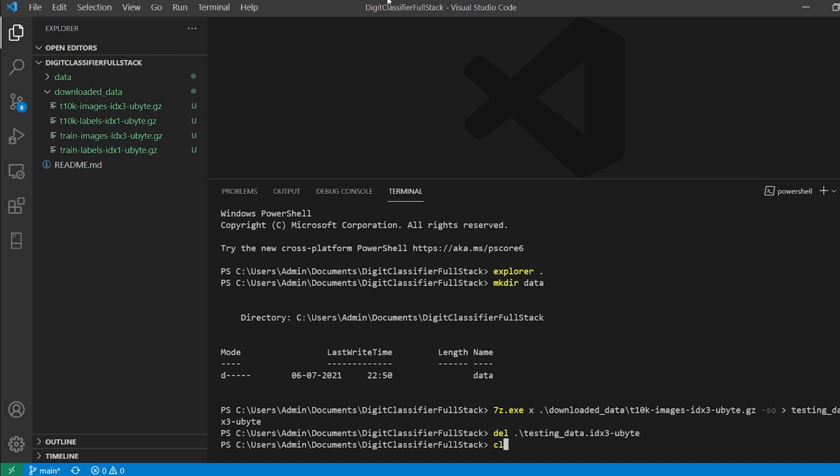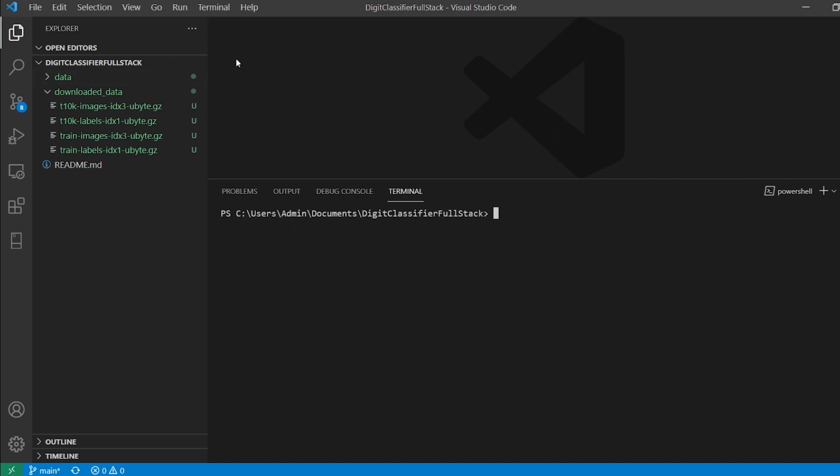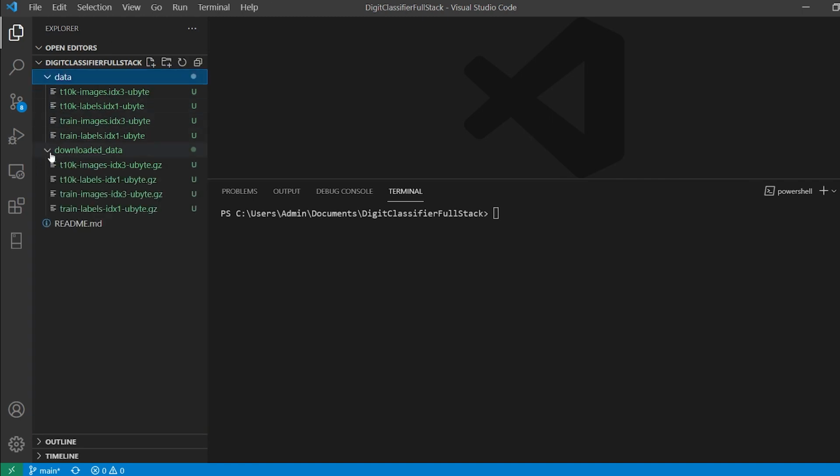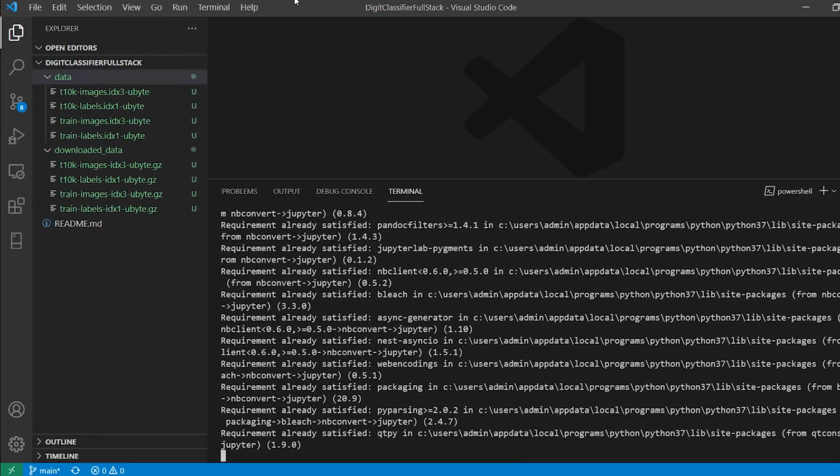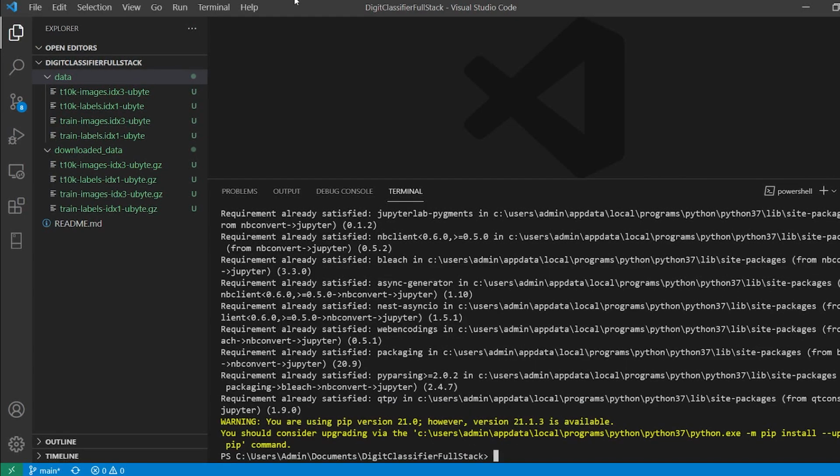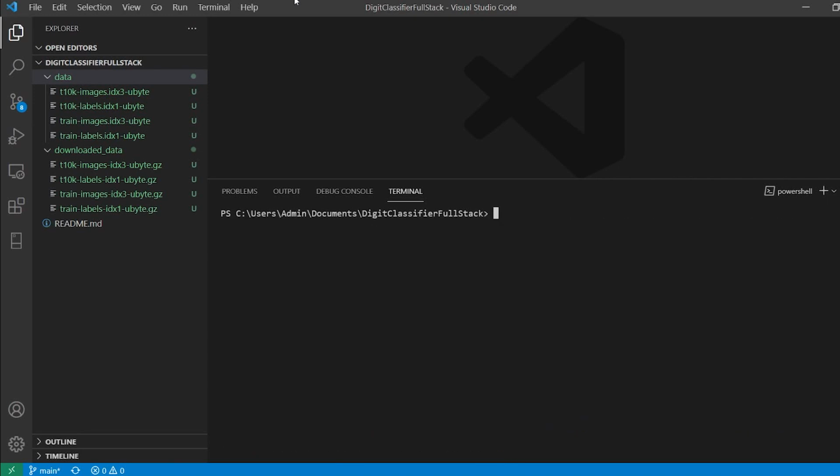Anyway, now the first thing that you are going to require is we are going to start working with Jupyter, which is going to be my, let's say, machine learning model. So I'm going to say Jupyter notebook over here. Right before doing that, you will have to say pip install jupyter. For me, it is going to say requirement already satisfied because I already have installed it. So now I'm going to start it. So I'll say jupyter notebook.